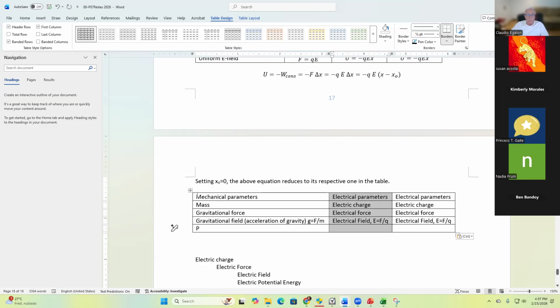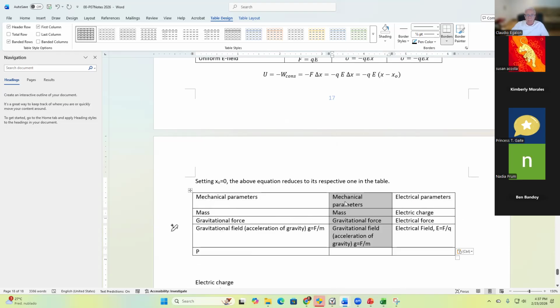Okay, good. And now I'm going to... no, it's not what I want. I want to copy, I'm going to paste. Okay, mechanical parameters. Yeah, mechanical parameters. And here we're going to have, let's see,